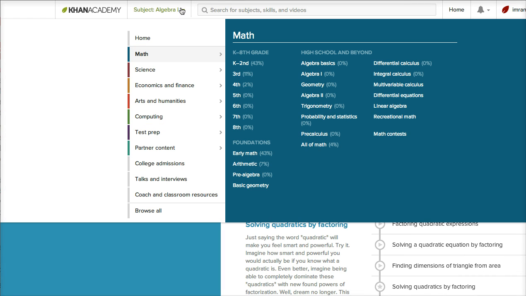You can go to this drop down right over here. And this starts to give you a sense of the breadth of the content on Khan Academy. So just in math, each of these is an entire subject. So K through second math, you have pre-calculus, goes all the way up to multivariable calculus, integral calculus. And if I were to click on any one of these things,